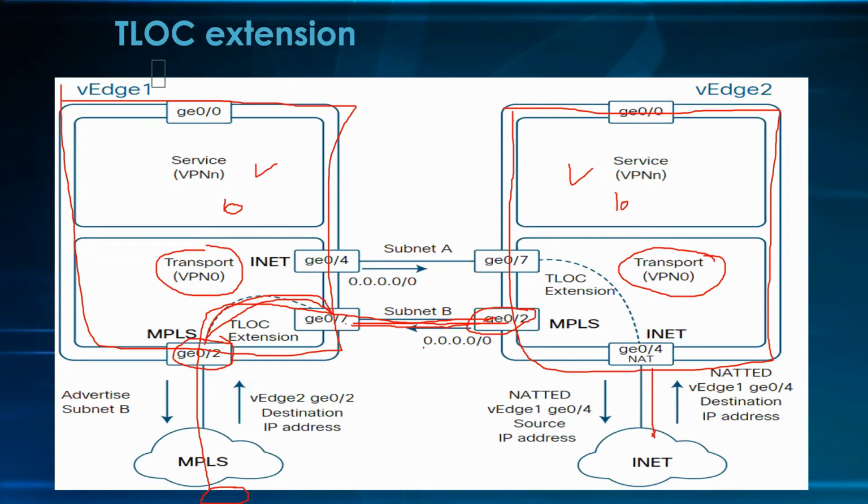Now, for it to make the tunnel, we need to put a default route pointing towards this IP address. The IP address I configured on G0/7 and the IP address I configured on G0/2 will be in the same range. So I will say that to reach any unknown IP address, follow this default route, which points to G0/7.